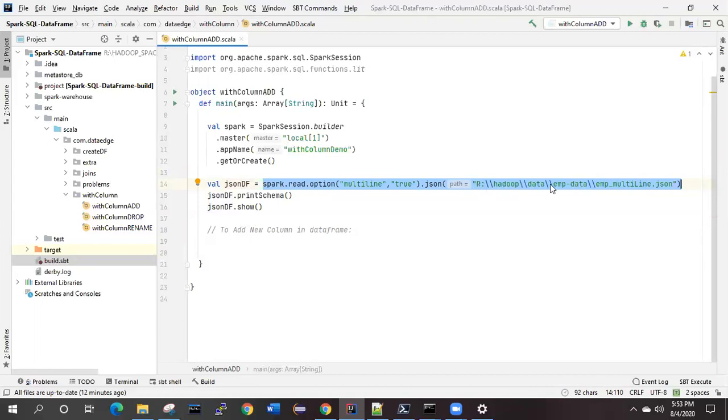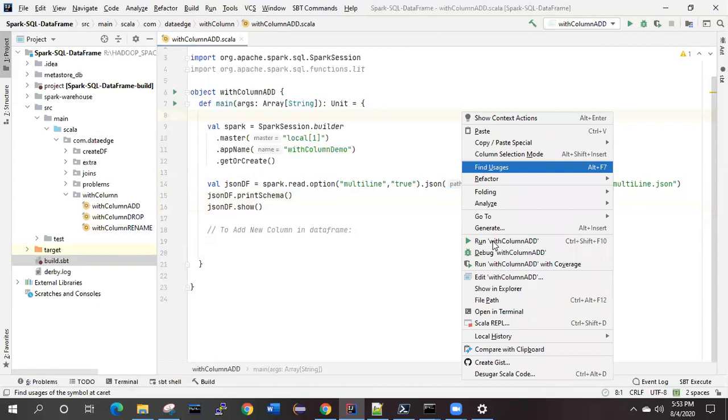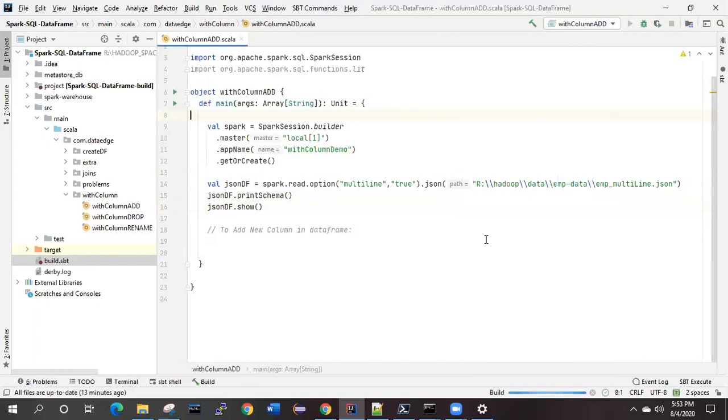You can see it is present in my local path over here, and if I run this, you will be able to see the schema and the content of that. So let's run it. As we know, IntelliJ IDEA will take a couple of seconds to run the Spark based application or any other application.